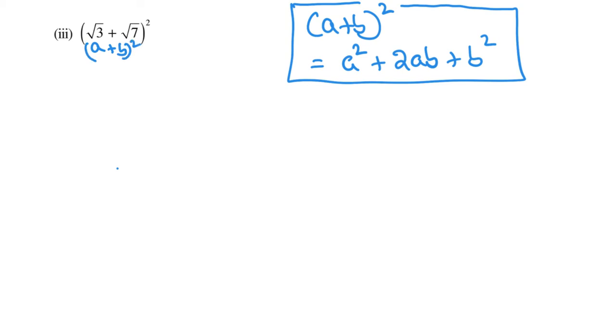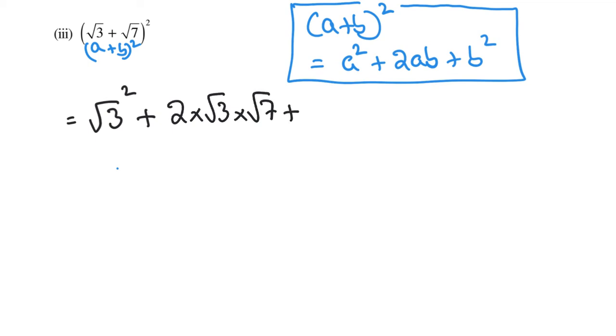It is. So I can easily apply this formula, which is a squared, meaning root 3 squared, plus 2 times a times b, which is 2 times root 3 times root 7, plus b squared, which is root 7 squared. Next step,